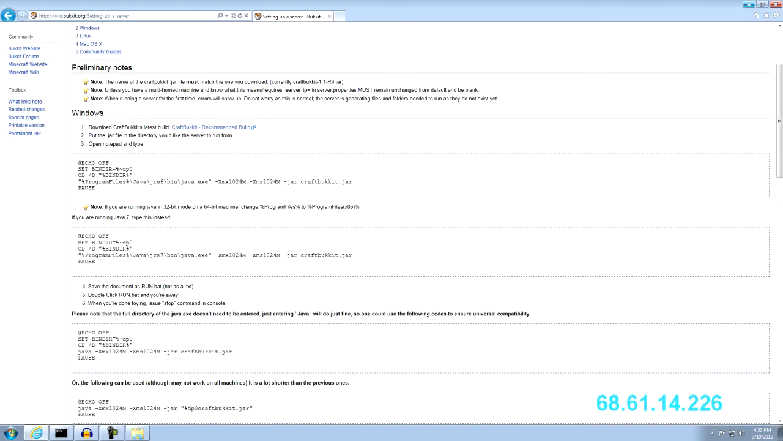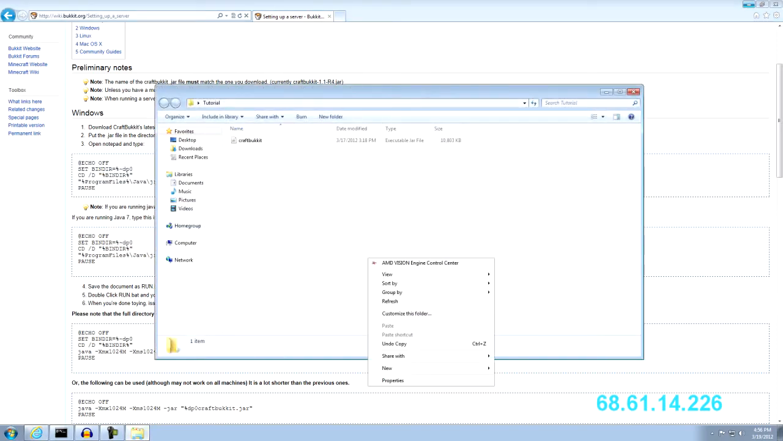What we're going to be doing now is making a run.bat. So here's the codes, and the top one is for Java 6 users, and the bottom one is for Java 7. So note which one you have, and pay attention to this too. If you are running in 32-bit mode on a 64-bit machine, change Program Files to Program Files x86. I don't have to do that, but go ahead and copy whatever code and do